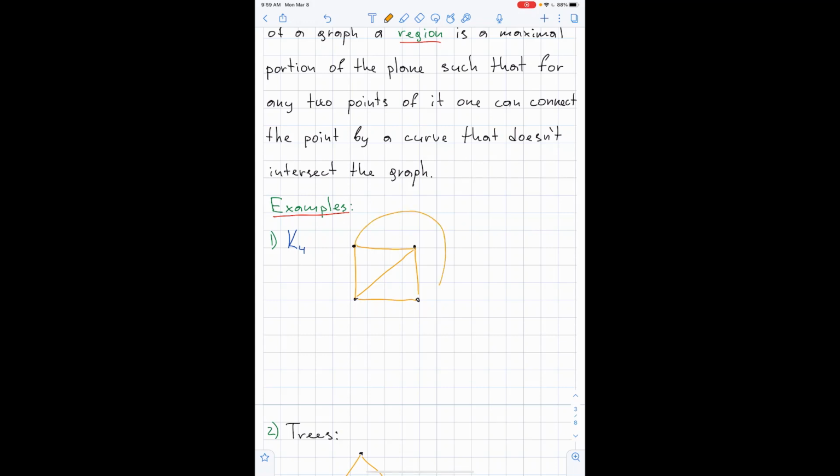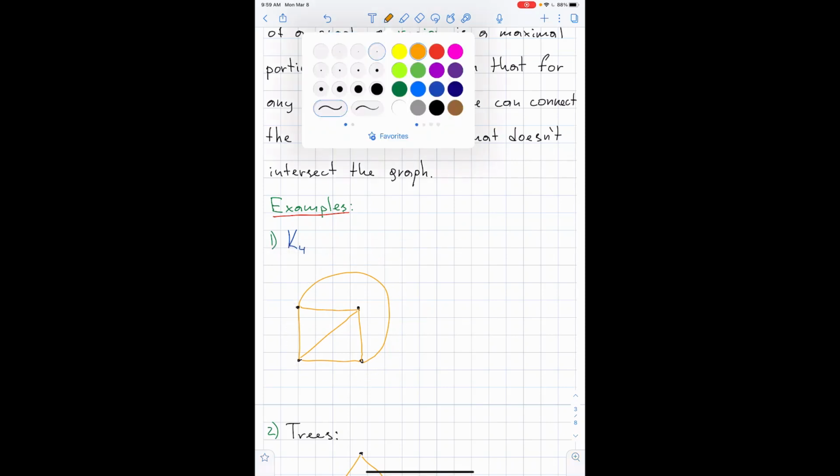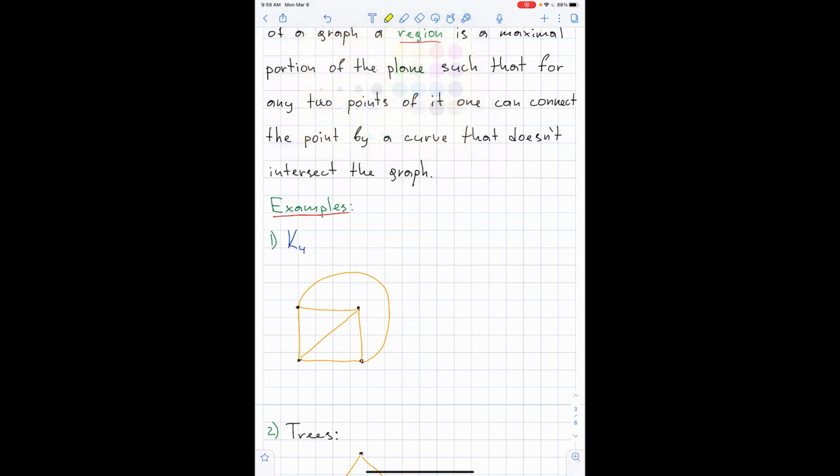I can make the second diagonal go around like that, and that's a planar representation. So now here we get, let me maybe move it a little bit. See here. Okay. Here we get regions. Let's see. So here is a region. This triangle is a region. So any two points in this yellow area can be connected by a path, by a curve, without intersecting the